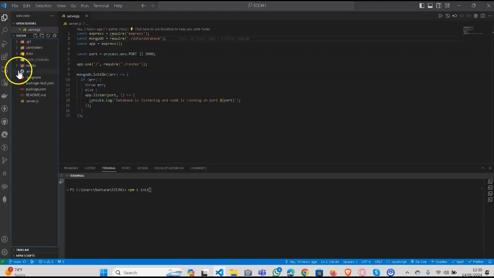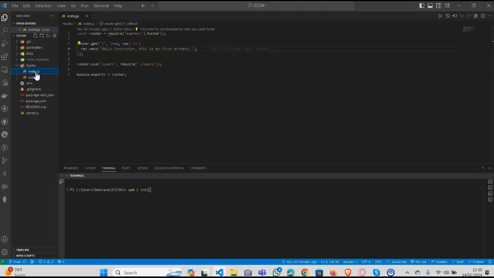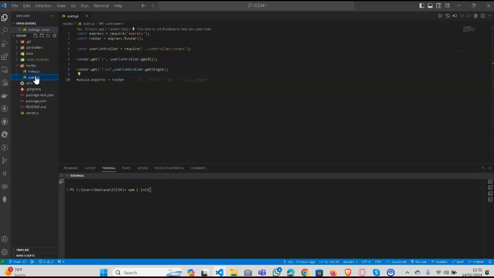The first one I began with was the routers, for the routes for the environment that will be reading on this port 3000. Then I had to put in the index.js file that will export the modules and the routers together, and then to get all the data to display on the screen. That's why I say I began with my project Hero Instructor. This is my first project, and then I had to create another folder